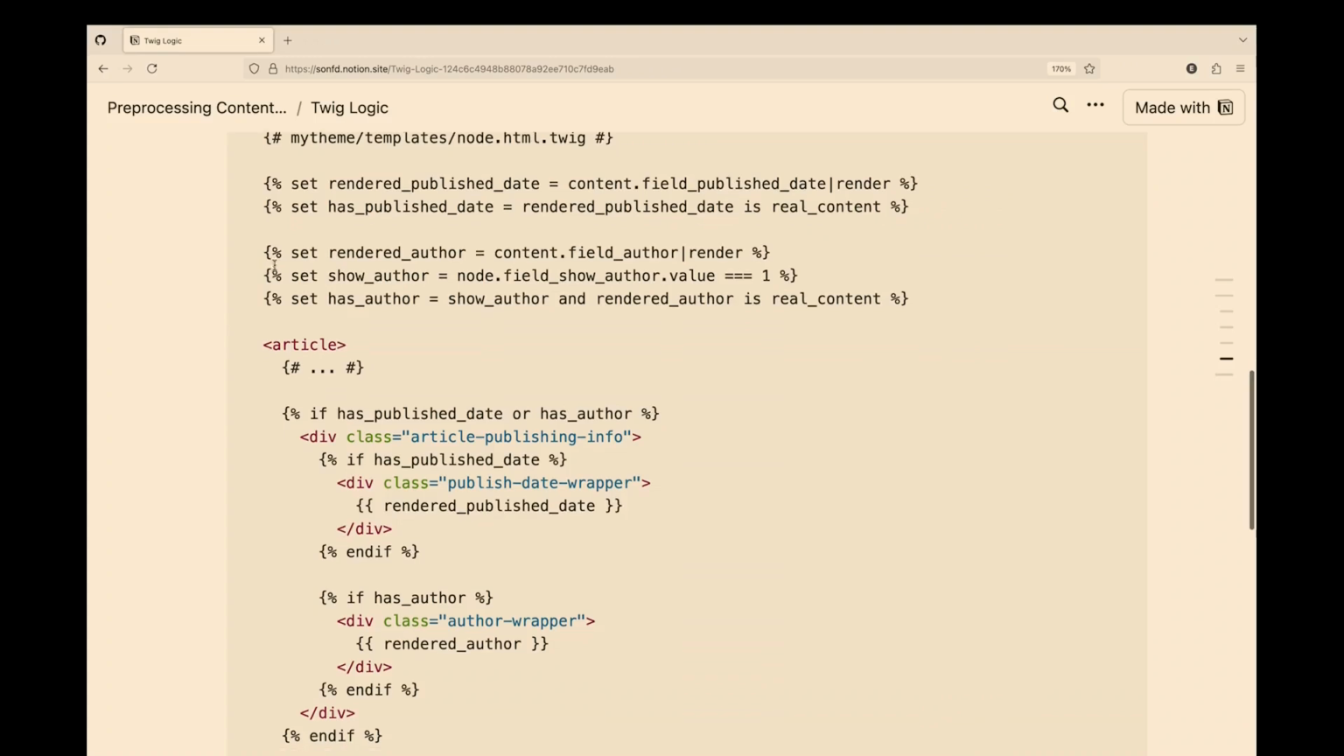So the first thing I'll do is I'll render my published date, set that to a variable. That's going to help me resolve the double rendering issue where I'm only rendering it once. And then I'll set an additional variable, has published date, which I'll just check if, now I'll check rendered published